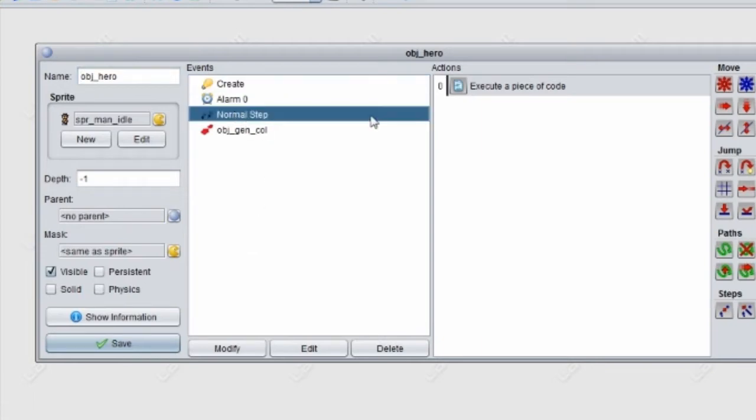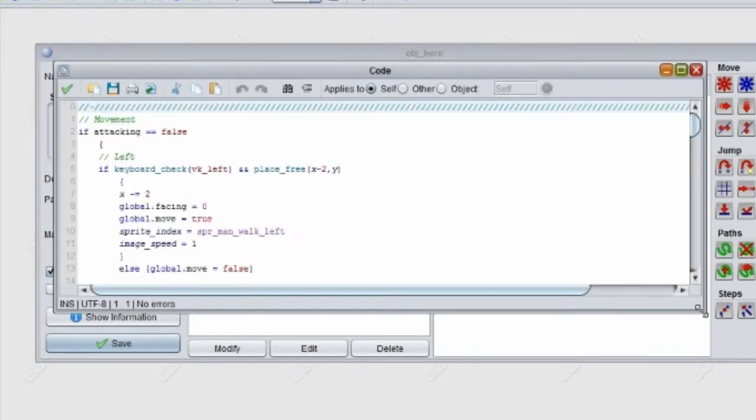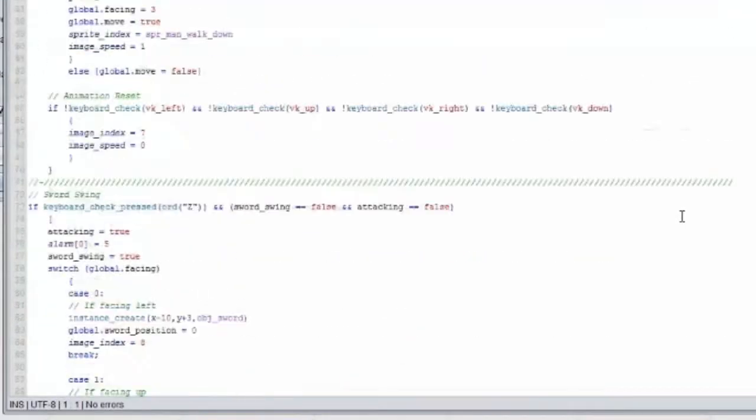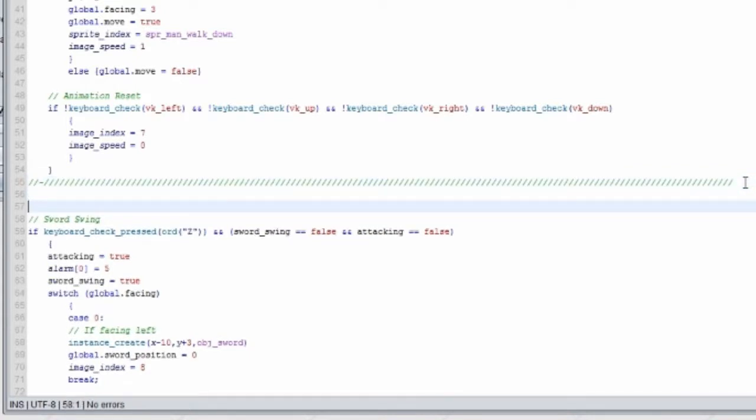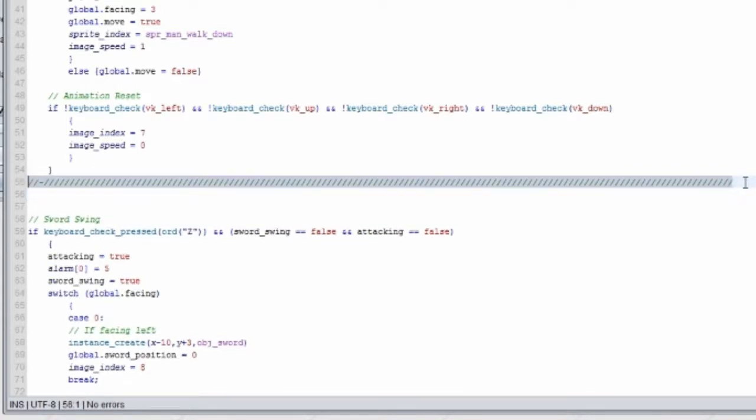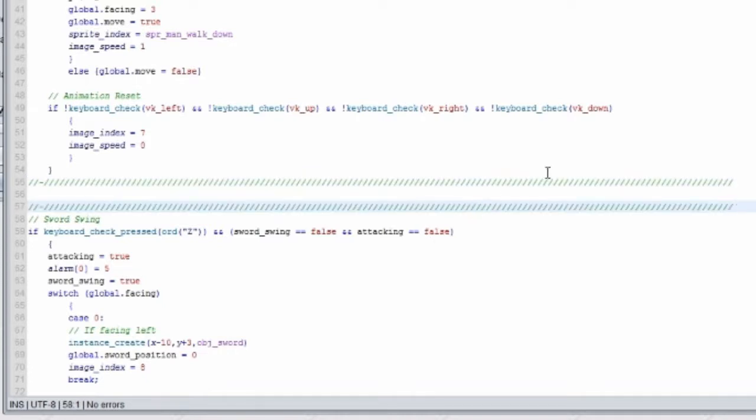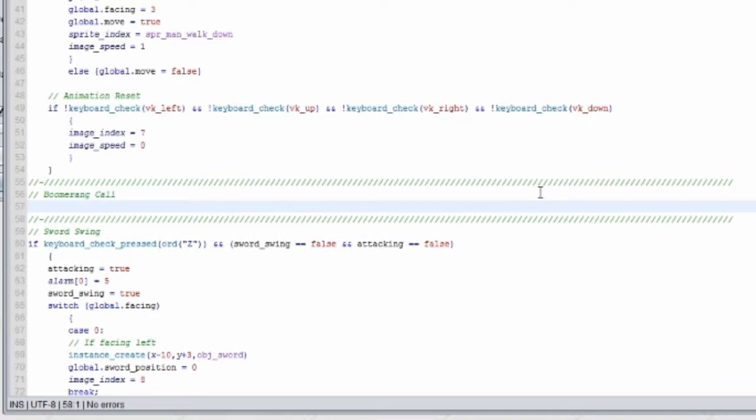In your object hero, in your step event, go ahead and open it up and go towards the bottom and double tap to create another border here because we're going to set this above the sword swing. So we'll do boomerang call, and then here's what we're going to be doing. If keyboard check pressed ord x